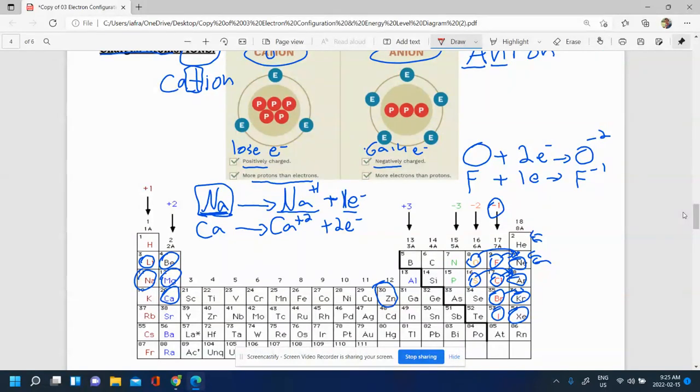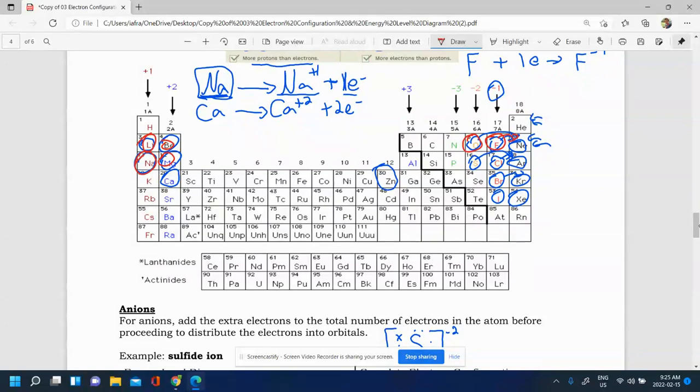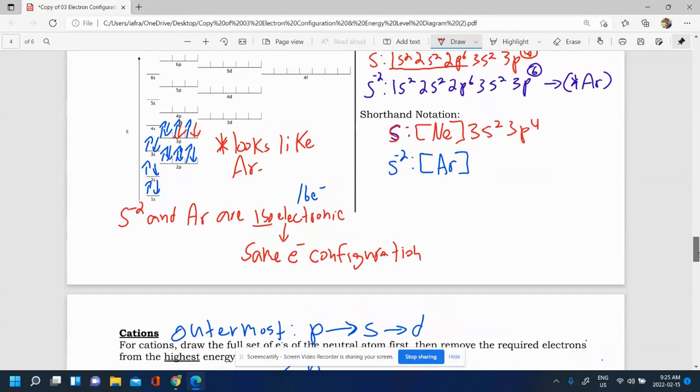We generally saw that nonmetals will gain electrons to become like the noble gas that comes after them. And typically metals will lose electrons to become like the noble gas that comes before them. So generally when the nonmetals gain electrons, they'll be isoelectronic to the noble gas that comes after them. We often say that they have the same electron configuration as a noble gas that comes after them, and that was called a